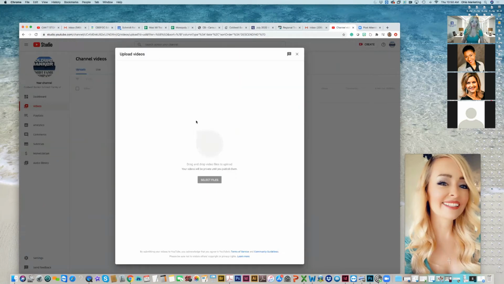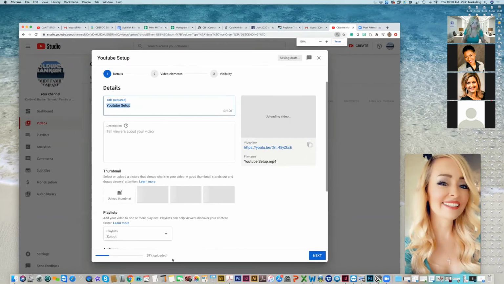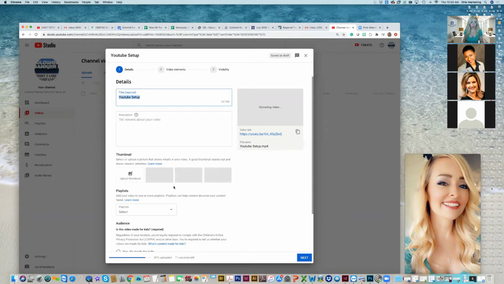It's going to be a couple of processes. I want you to look at the bottom of my screen. See the upload process here? First, it's going to say uploading. After it's uploading, it's then going to say processing. So it's 2 steps to upload, and then to process it. While that's happening, you don't need to wait. You can just continue to set up the rest of it.